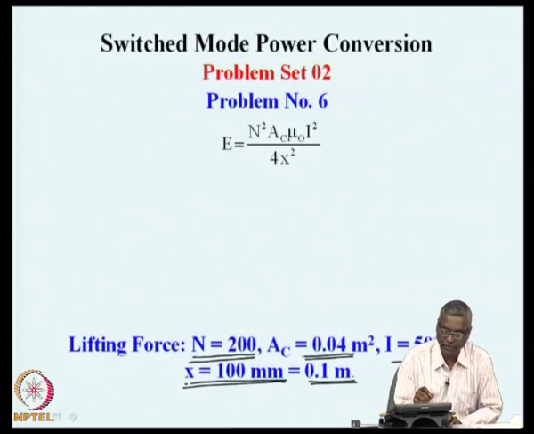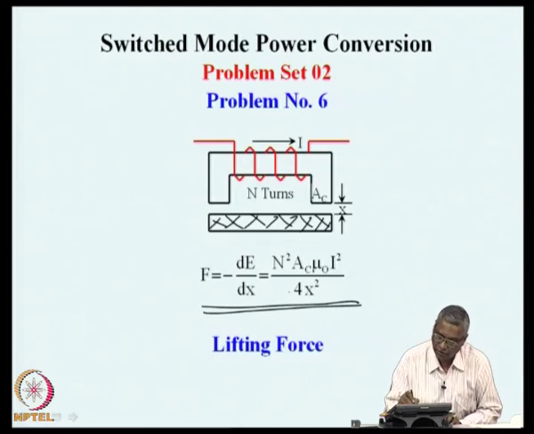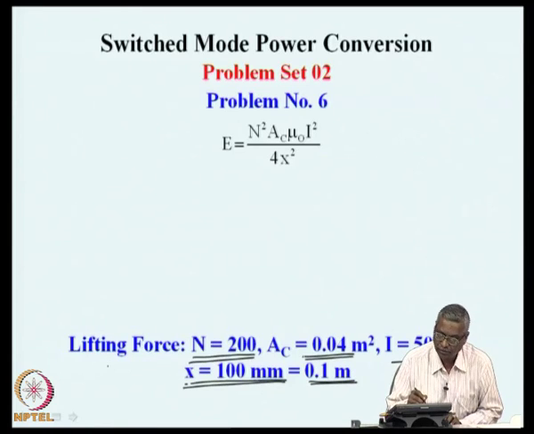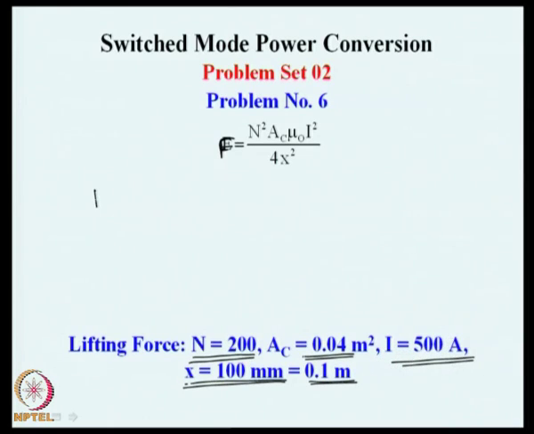So, in such a case, it is possible for us to find out the stored energy or F. The force is n square AC mu naught I square by 4x square, and this force can be